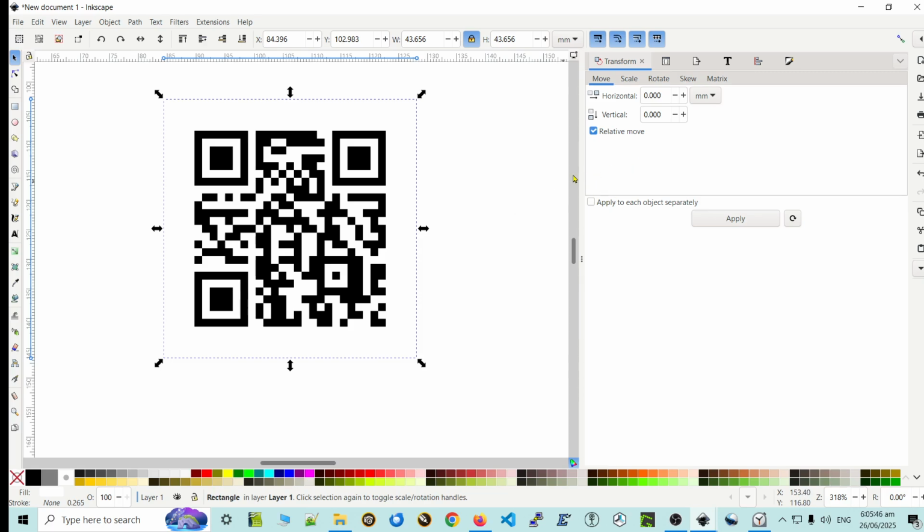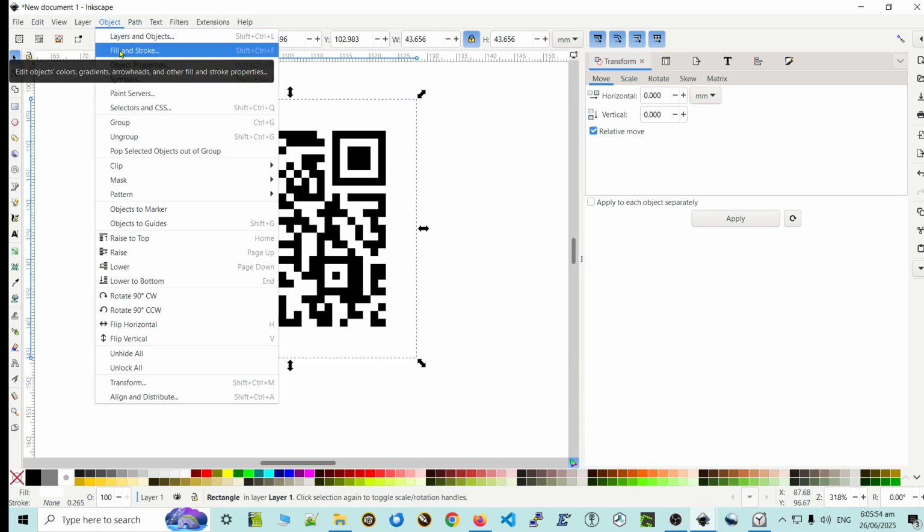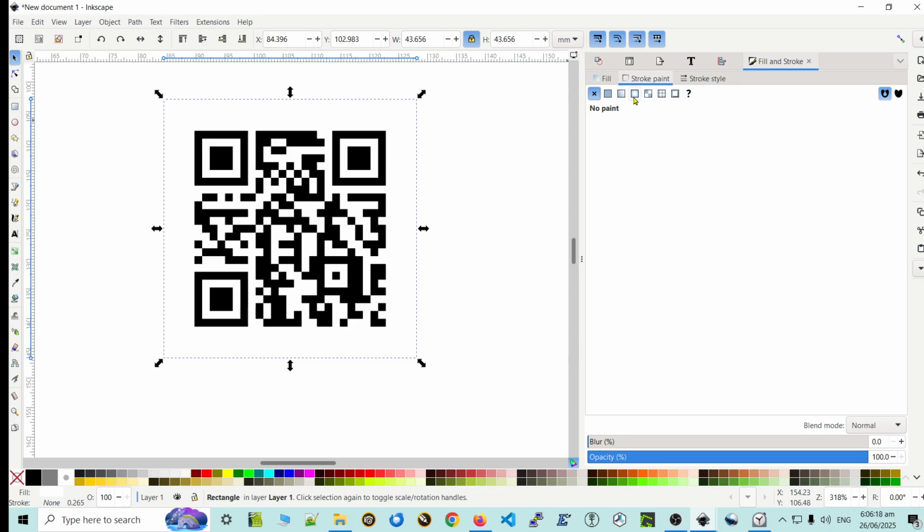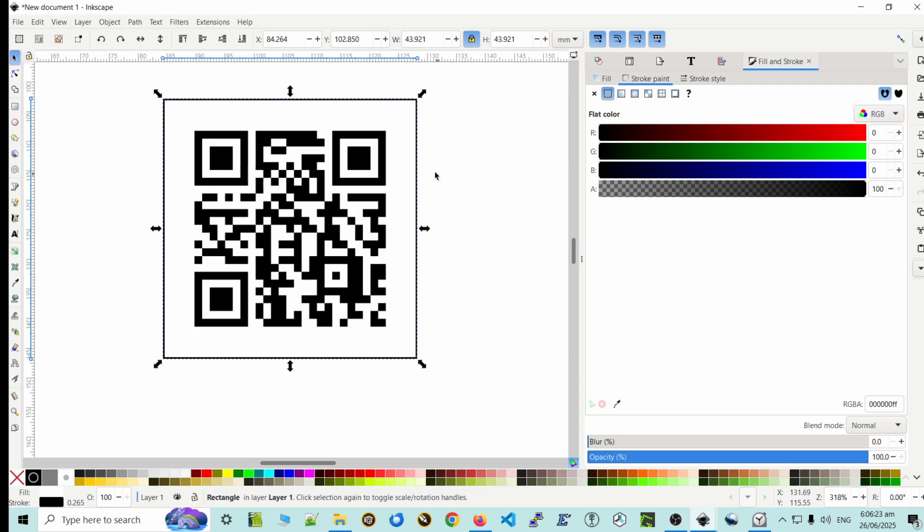So we now need to go to the object. Bear in mind we're working on the bounding box. We're going to go to Fill and Stroke. And we click on that, and over here now this panel is in fill and stroke mode. It's no longer using any of these, it's using fill and stroke. The fill is the center, and the stroke is what we want. And at the moment it has no stroke, no paint, so we'll give it some paint, and now we can